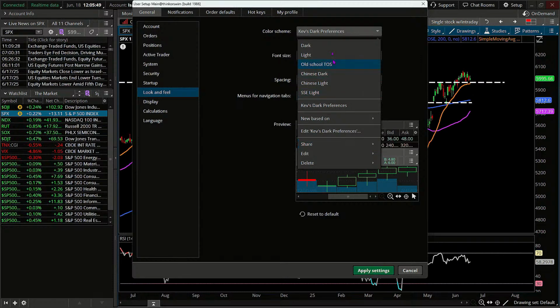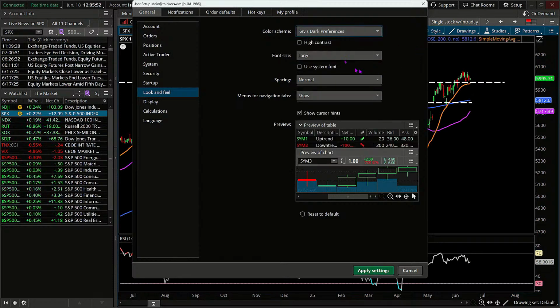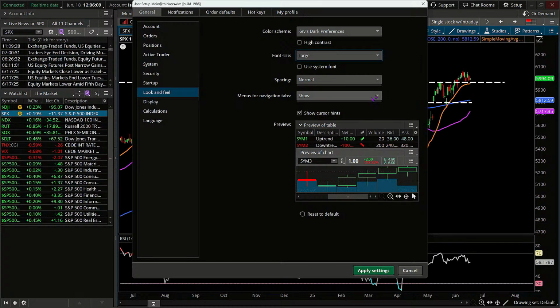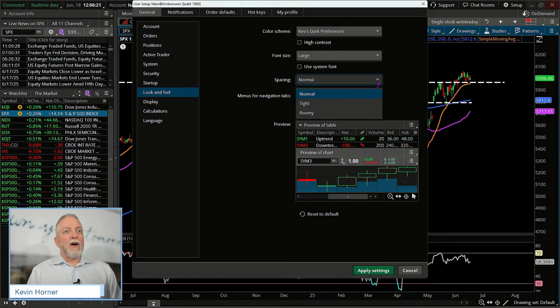So I would encourage you to do this with your preferences, of course, and then make sure you're also playing with the size of your font. And you should know, I'm sure this goes without saying, as we increase font size, we lose a little bit of real estate, right? So let's make sure we're at least cognizant of that as you're increasing your font size. You can also indicate that you'd like your spacing amongst columns to be roomy or tight beyond our default of normal. So, as you increase and play with the font size, you might consider also playing with your spacing and everything else here.